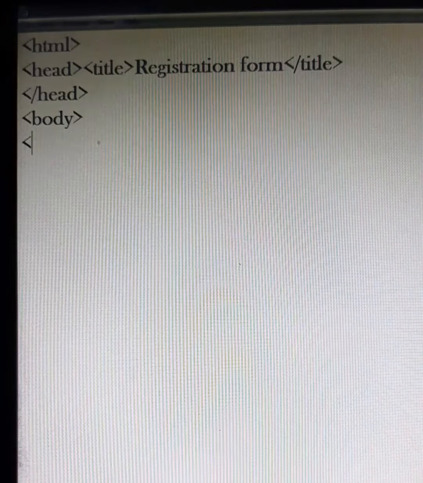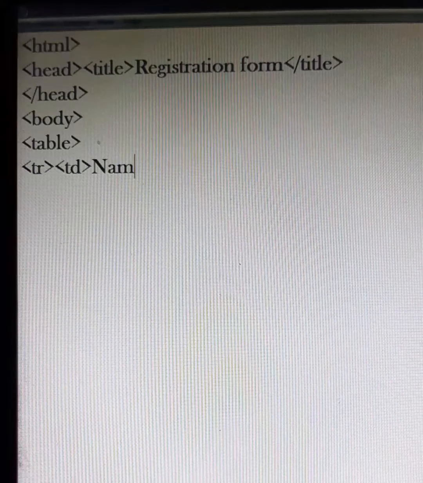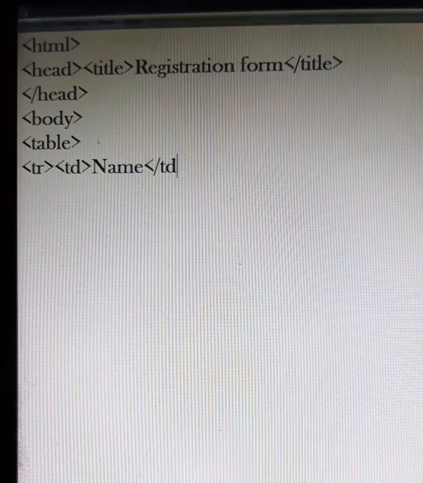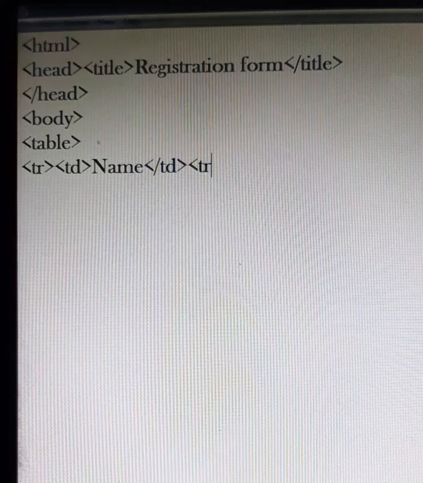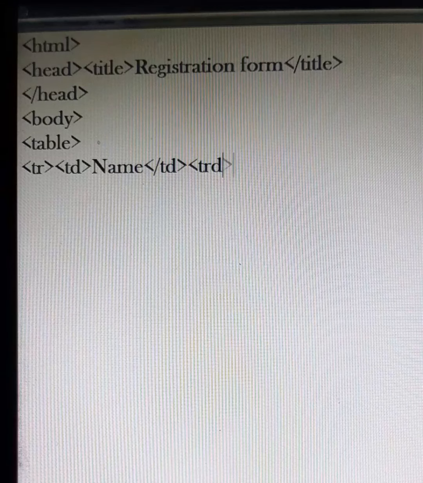A registration form becomes well indented only when you use the table tag. I have already taught this in the second lecture of HTML. So I am using a table, and I do not require any border. I am going to open a row with tr, and with td I am going to write here name, /td, and then a td in which I am going to say